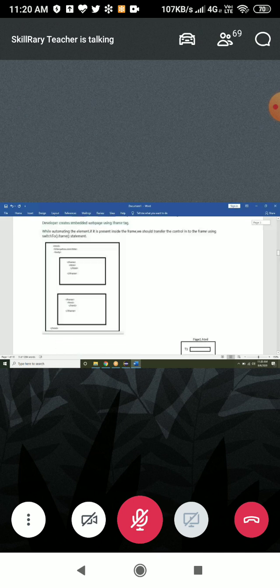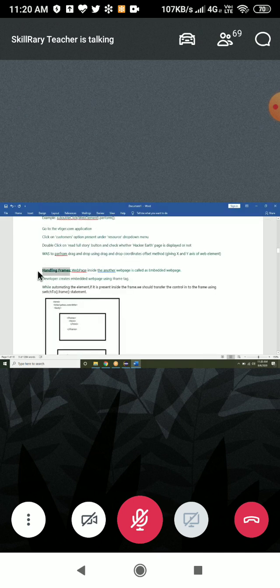Now today there is one small topic. In Selenium there is one small topic called frames. What is this frame? We'll see that. I have given one assignment: to click on the print button in the Chrome browser after entering google.com. For that you should know frames. Now I'm going to teach you frames.